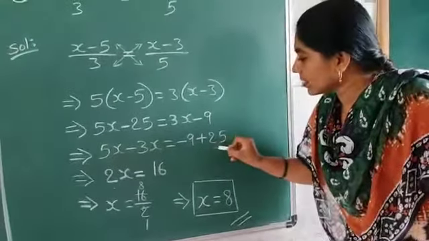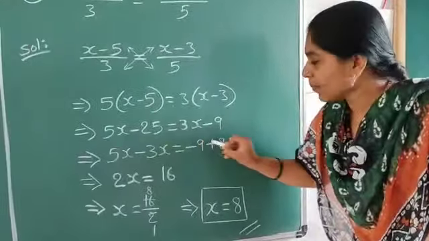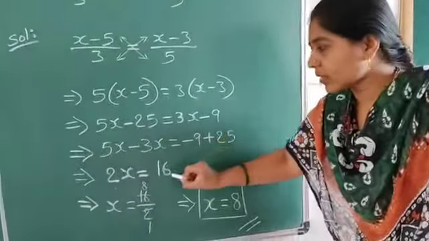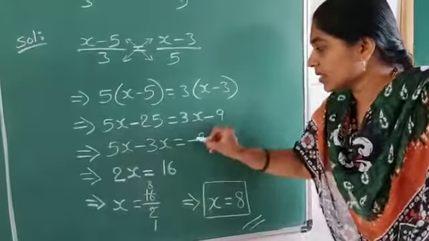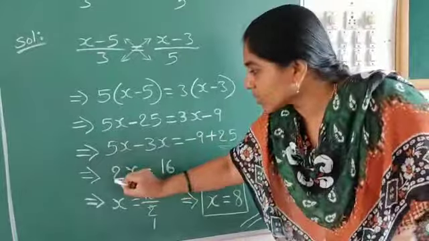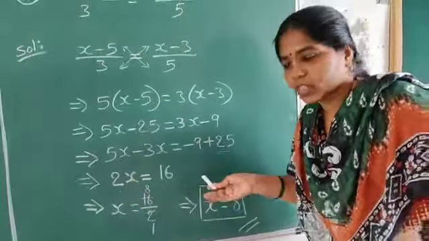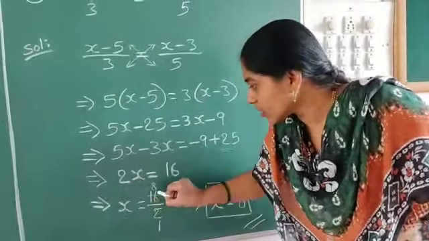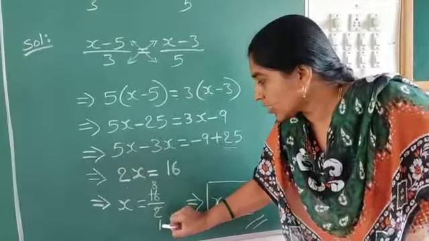Because in bigger integer you have subtracted 9. Okay. Bigger integer sign is plus, therefore it is positive. 25 minus 9 is 16. Now you transpose 2 to the RHS part. x is equal to 16 by 2 it will become. 2 1s are 2, 2 8s are